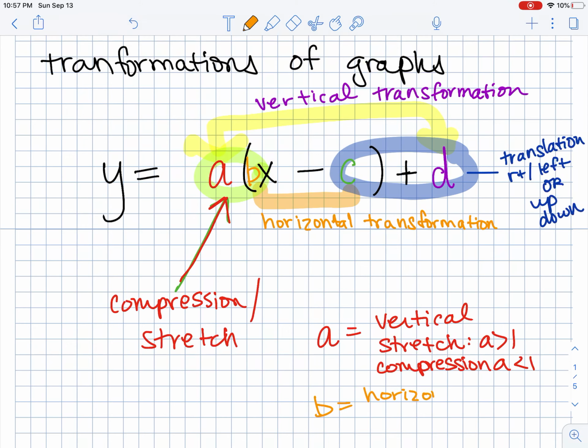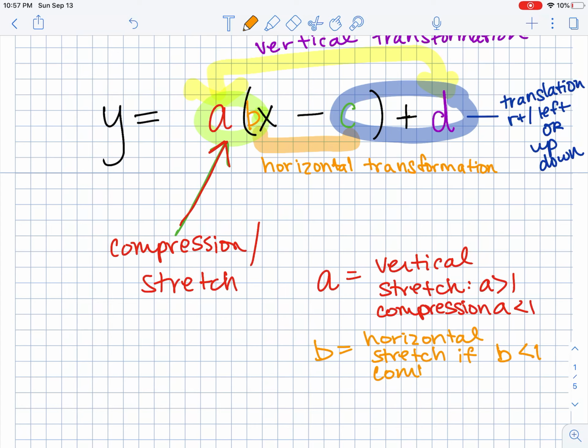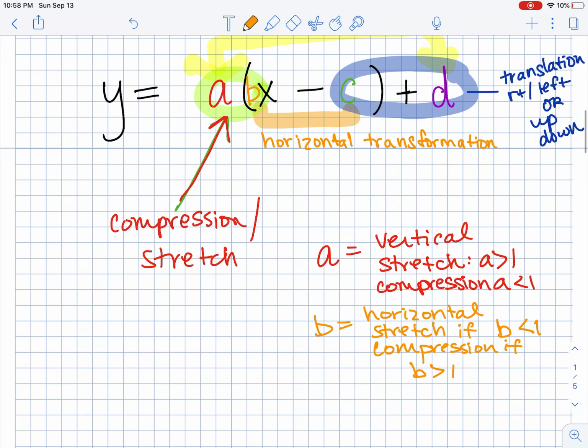B is a horizontal stretch if B is less than 1, and a compression if B is greater than 1. And the reason is because it's a horizontal stretch or compression